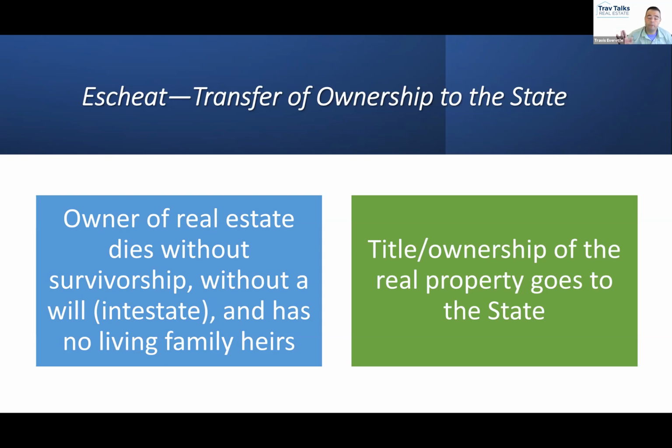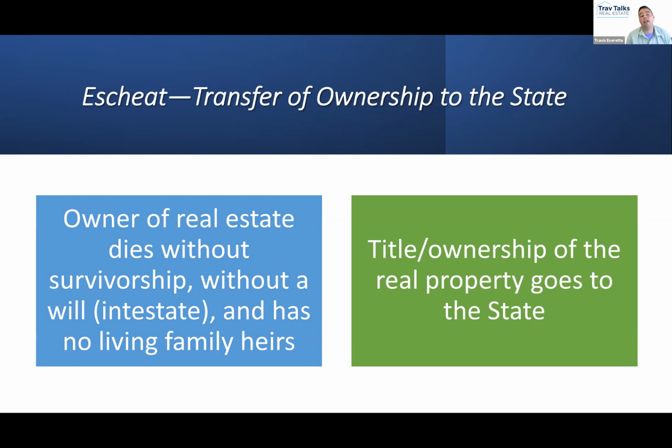Yep. We first look at the ownership, then continue. If they do not have the right of survivorship with co-owners, then we would look to see if they have a will. And if they have a will, then we would distribute their ownership according to their will. If they die without a will, remember the state creates a will for them. That's called dying intestate, when you die without a will. If you die with no right of survivorship in the property, and you don't have a will,